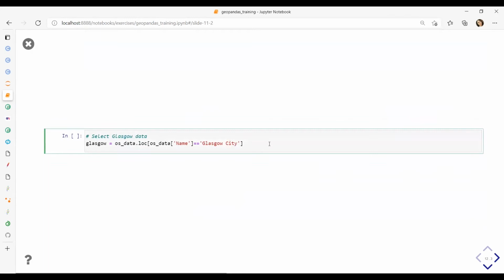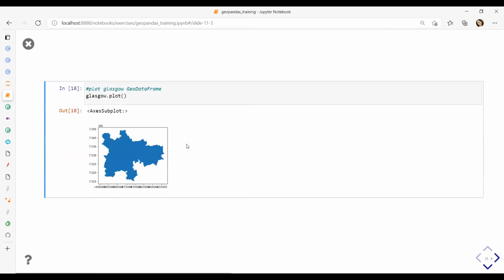Right. I'm going to subselect my coordinate survey data only to have the Glasgow dataset, and I'm going to call it Glasgow. Let's just quickly look at what it looks like.